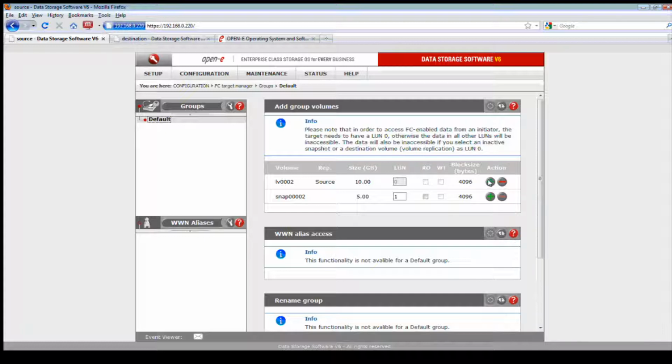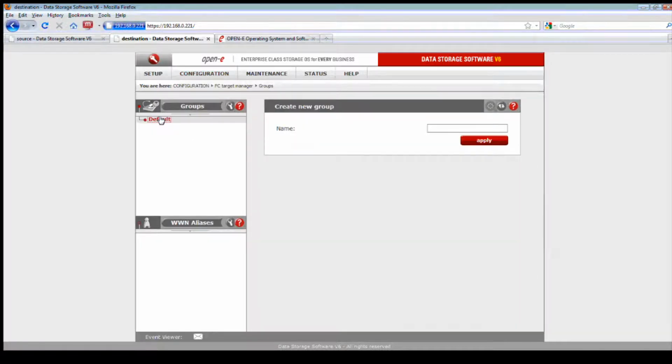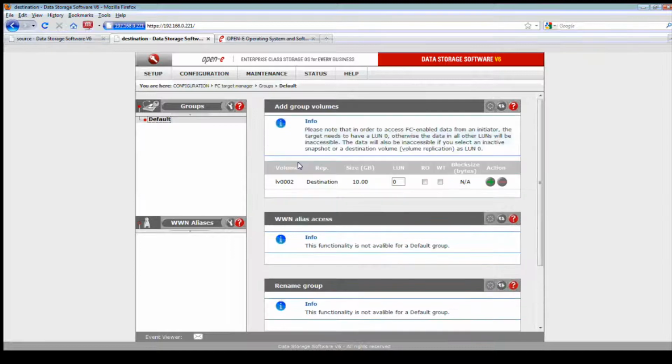So here's my source. I use logical volume 002. It's a 10 gig. For Windows environments, I'm going to use 4096. I've already hit the plus sign, which means that it's now mounted. It's ready to go. But now what do we do about the destination? If I click on the destination, let's take a look.